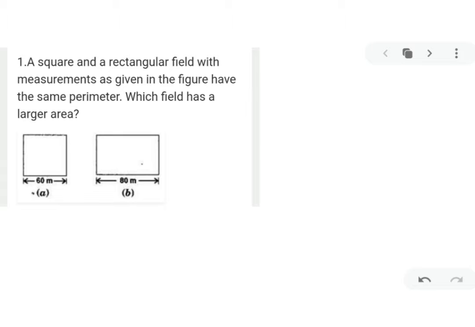Good evening, dear kids. Today I'm taking a new chapter, that is chapter 11, mensuration. In mensuration, before starting 11.1, question number 1, we'll take what the basic formulas are for